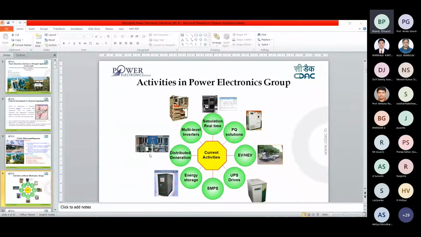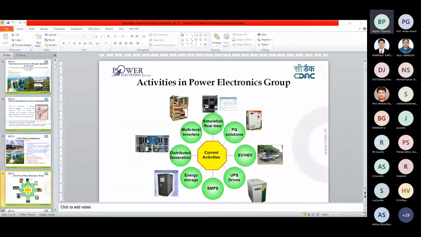This is an off-grid location, and we classified the houses into three categories. This is a three-phase system, so each phase is connected to each cluster.